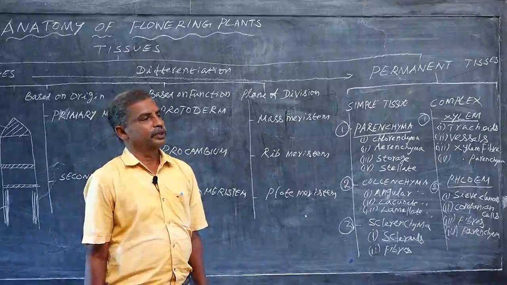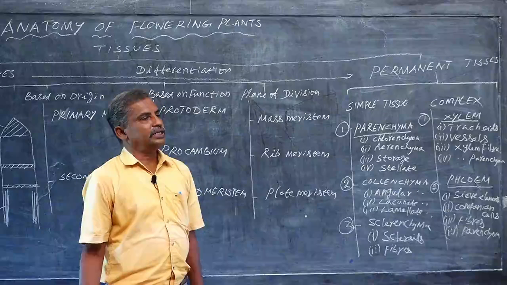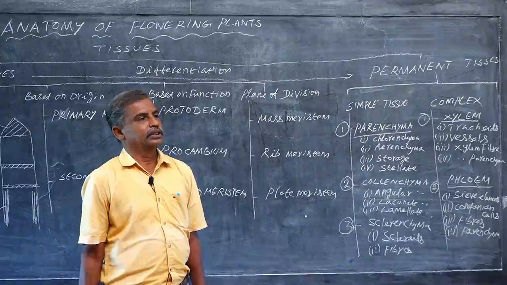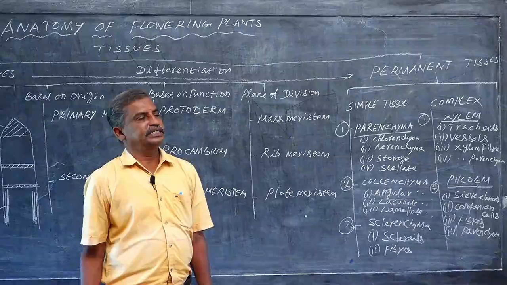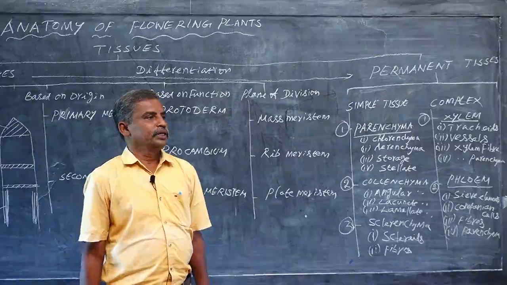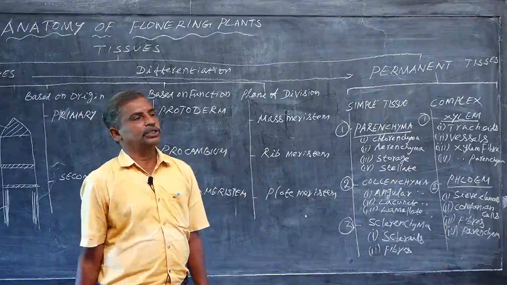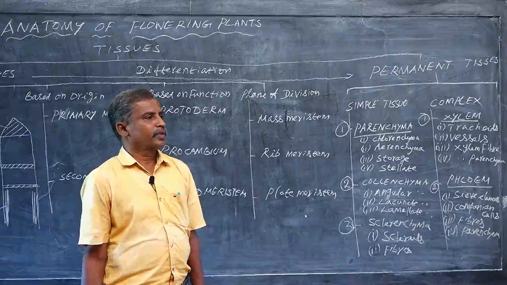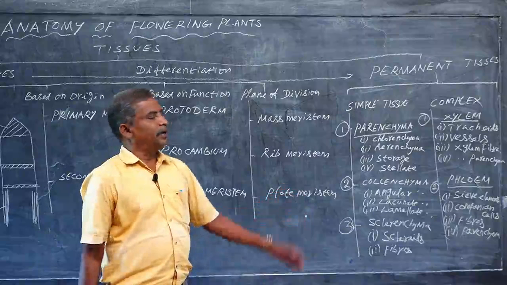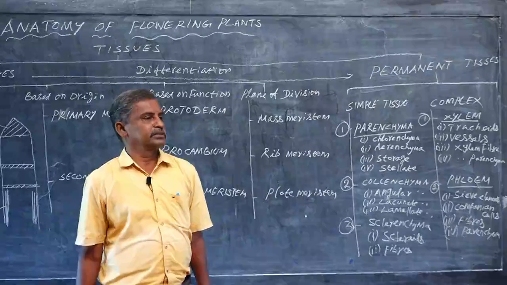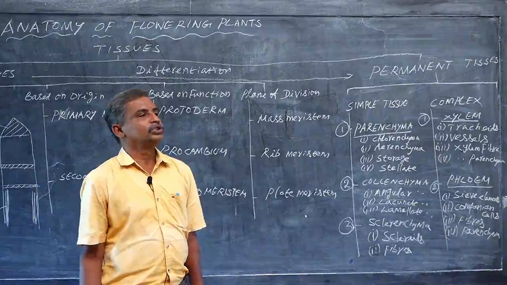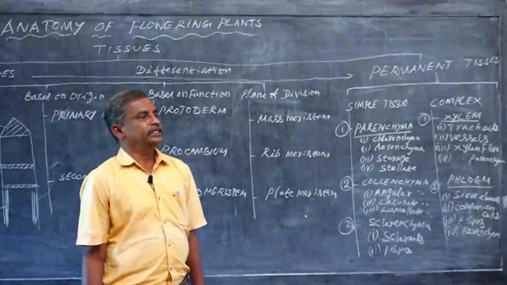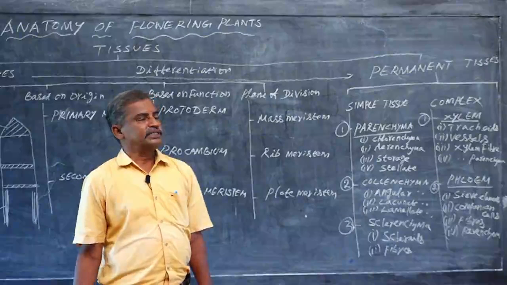As I already told, starch is not conducted as such through phloem elements. Why? Starch is insoluble in water, so the starch should be converted into a soluble form. It may be converted into fructose or sucrose. So, starch is loaded in companion cells. In companion cells, the starch is converted into sucrose. In sucrose form only, the food is transported to all parts of the plant body.